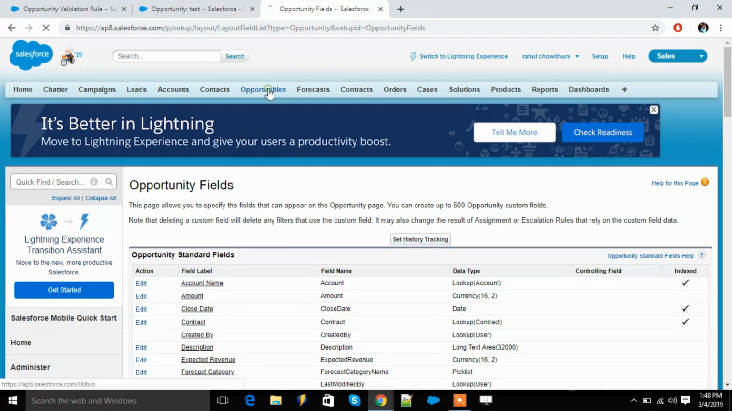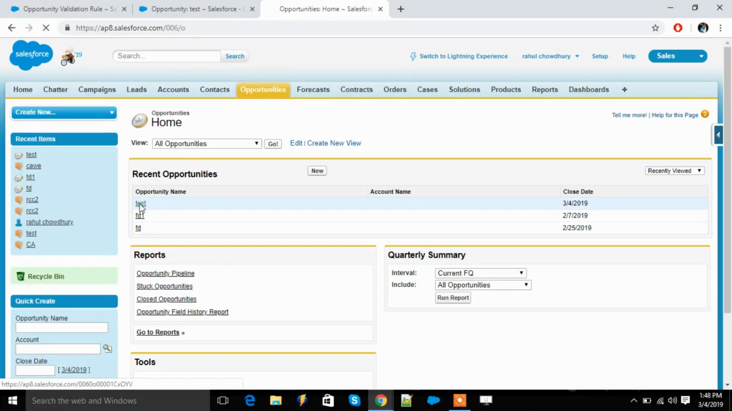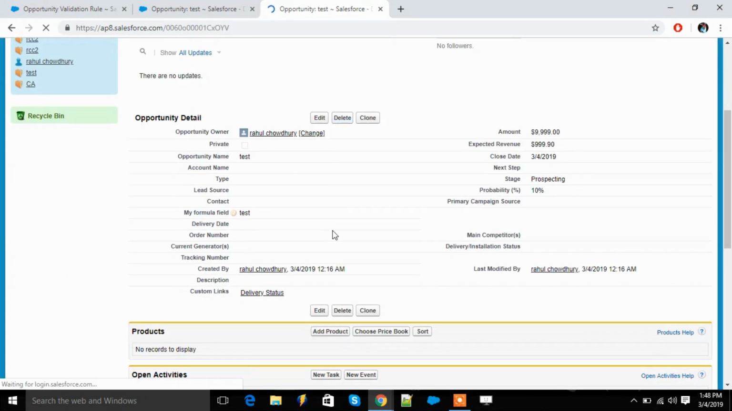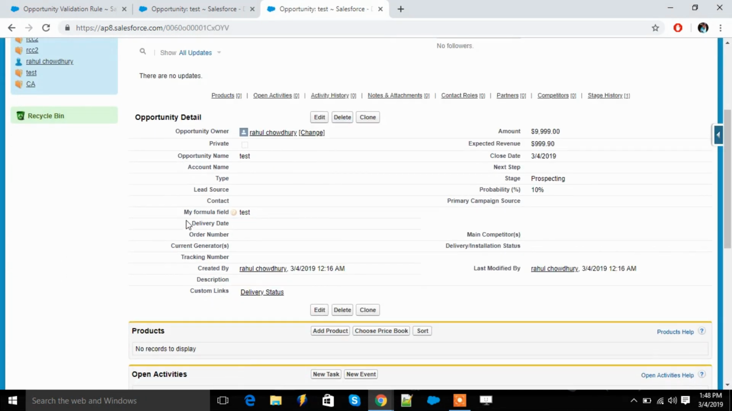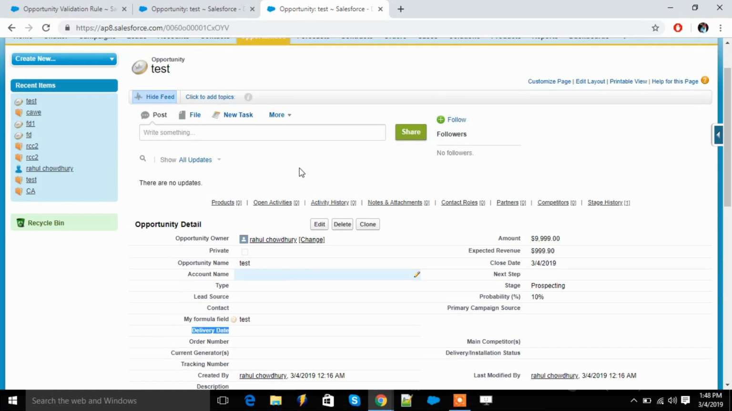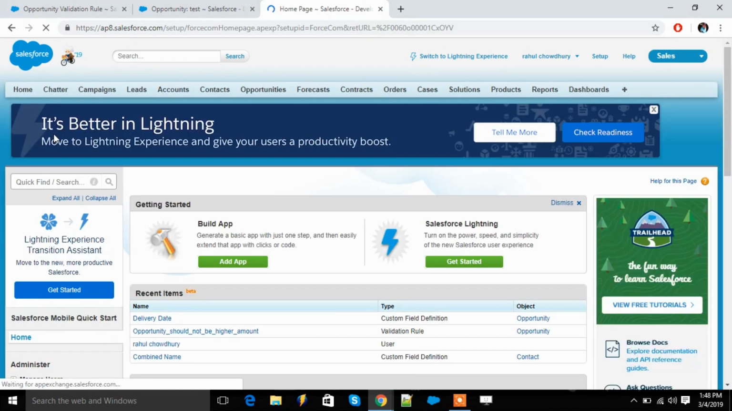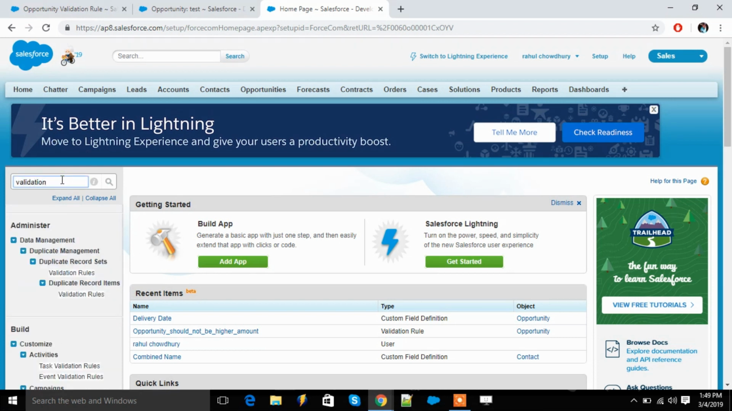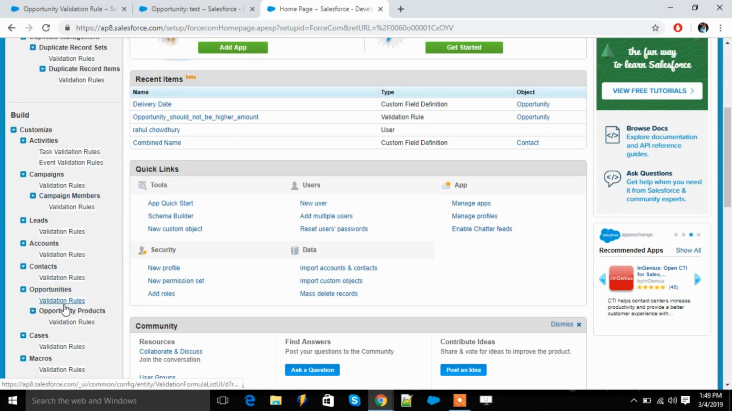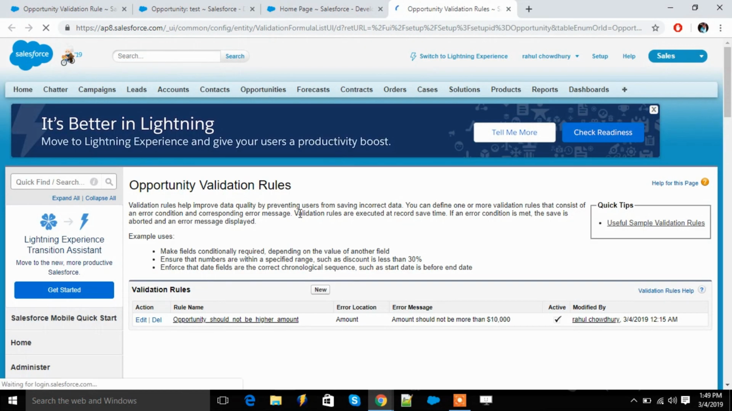So now when you click on opportunities, you should be able to see a delivery date right here. As you can see, this field is visible now. So now let's move to our use case, which says that this delivery date is provided if an opportunity has advanced to the closed one or negotiation review stage. So let's go to our validation rule for opportunities,